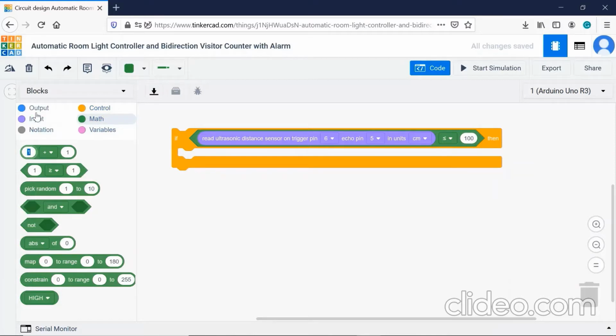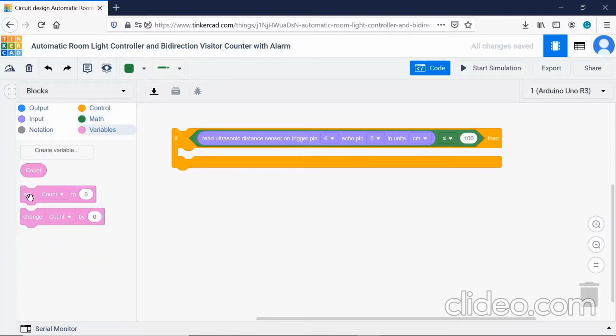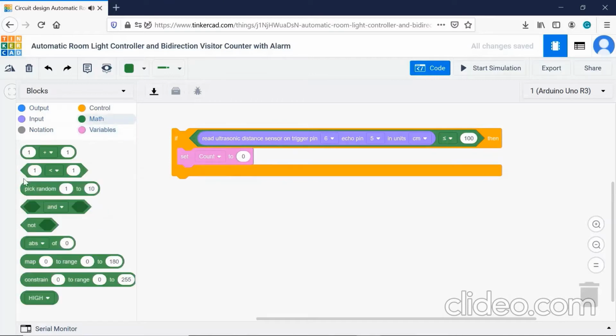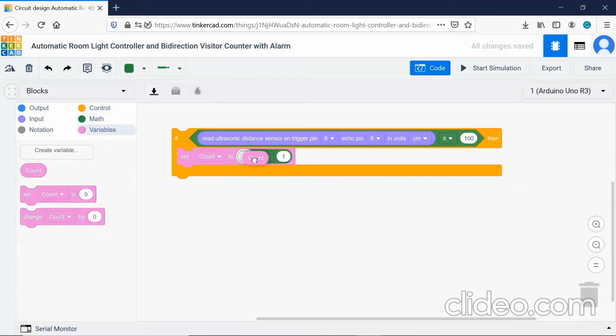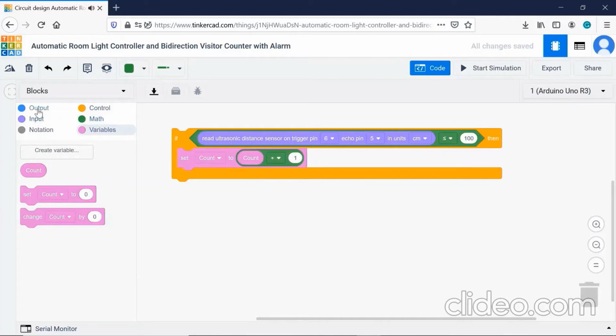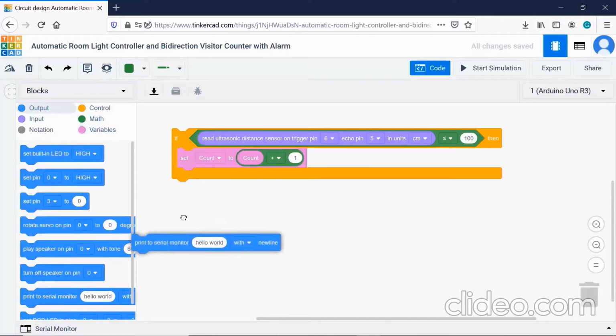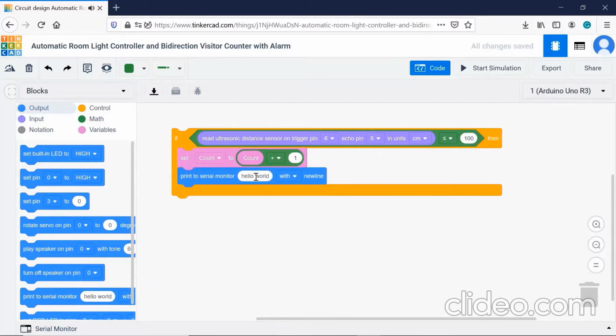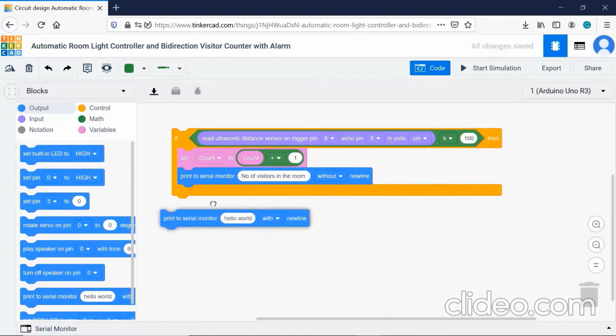So let us choose the set count to, and from math we can choose count plus 1. And we will print this on the serial monitor. So let us select that option. And here we will print "number of visitors in the room" and without a new line. We will print count.